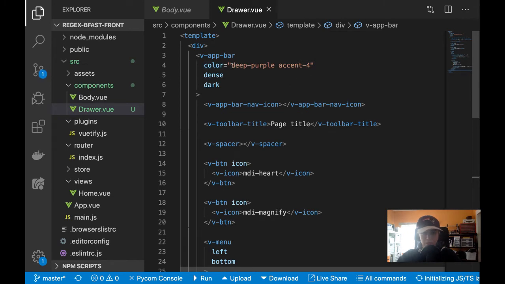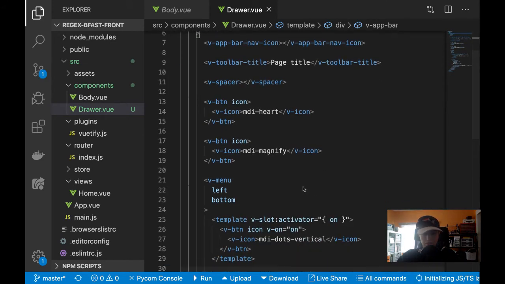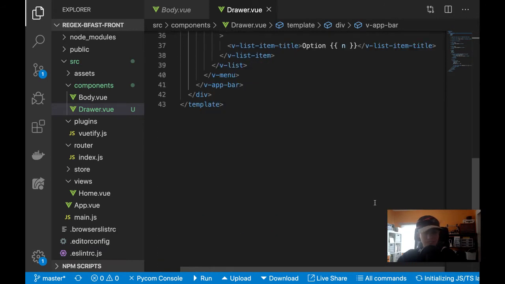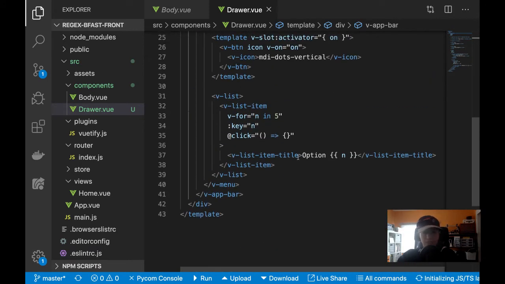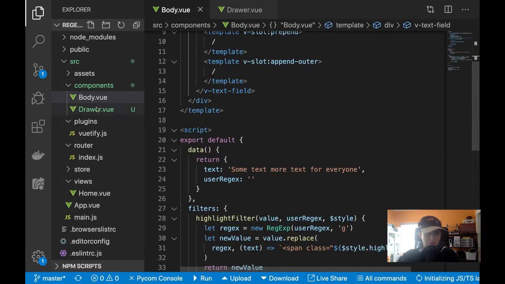Also, I don't want this color. And I might as well go ahead and clean this up. So this is a v4 that I don't have. So v-list-item-title. I'll just put one item for now then. v-list-item. Yeah, and eventually this @click will take them to the specific challenge in the menu. But I'll do that in a second. So now,